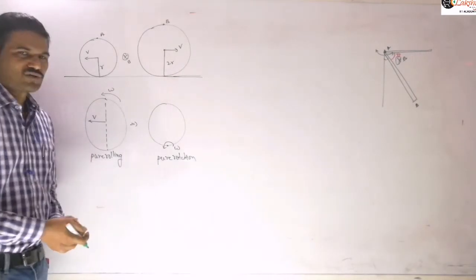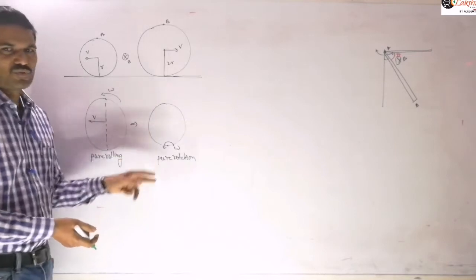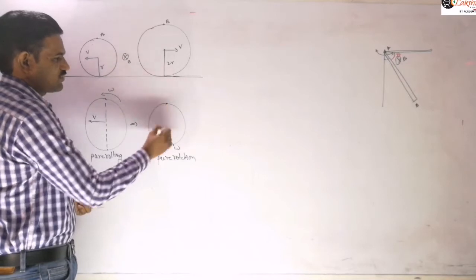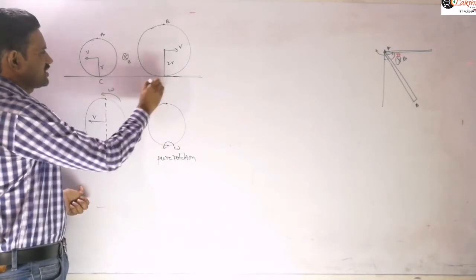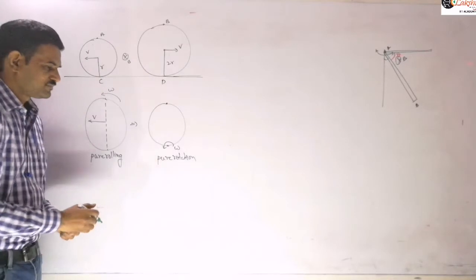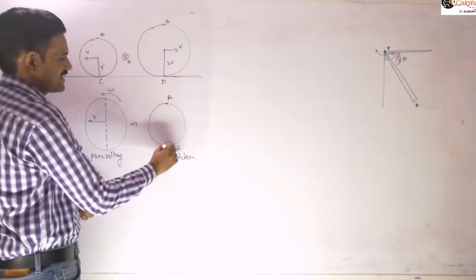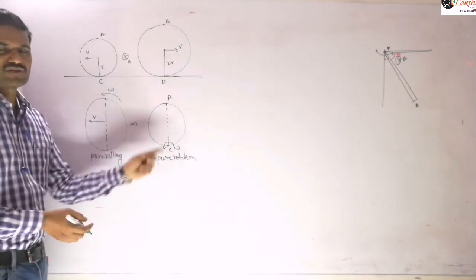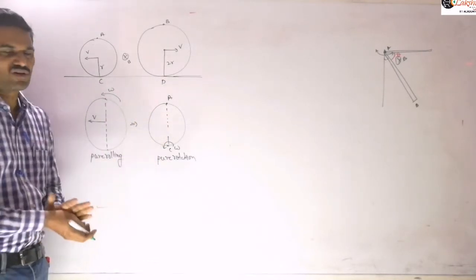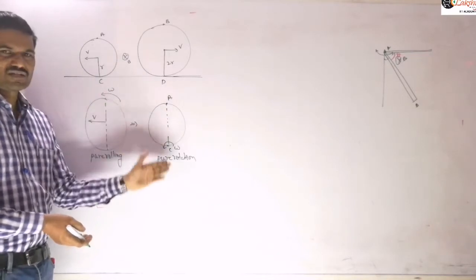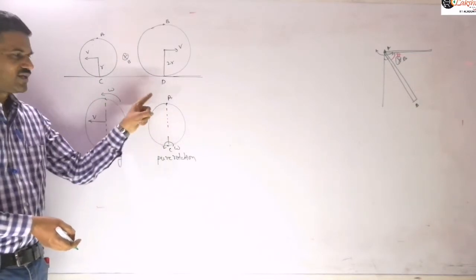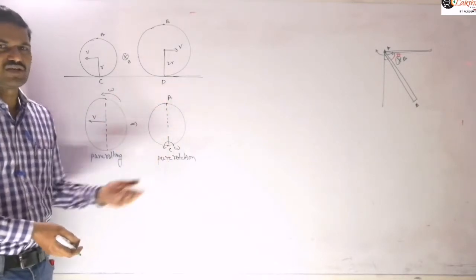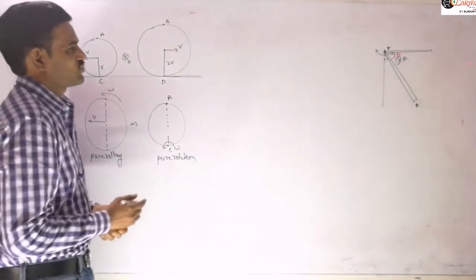Now when the object is in pure rotation, we need to find the potential difference between these two points. Suppose I take this point as C and this point as D. Then for the potential difference between A and C, you can replace the total ring by a rod, a diameter rod of length equal to 2r. It is rotating with angular velocity omega about this axis. Whatever EMF is developed here, the same potential difference will be there between the two ends of the ring also, right? So let us use that concept here.